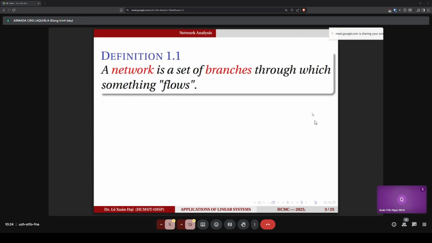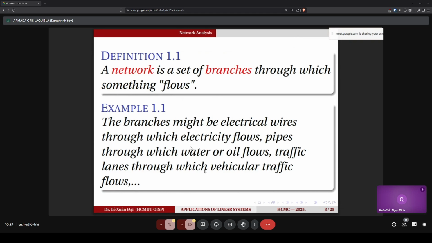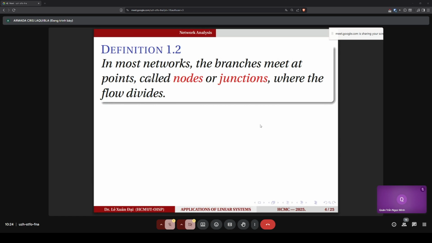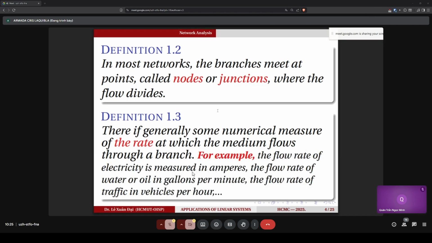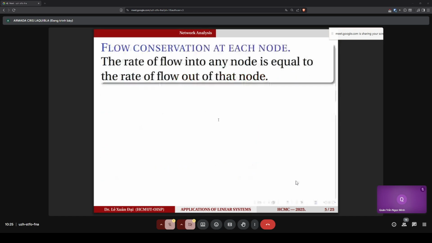So a network is a set of branches through which something flows. Okay, so for example, this one, 1.1. The branches might be electrical wires through which the electricity flows, or pipes through which water or oil flows, or traffic lanes through which vehicular traffic flows. So in most networks, the branches meet at points called nodes or junctions where the flow divides. So there is generally some numerical measure of the rate at which the medium flows through a branch, for example, this one, okay, then flow